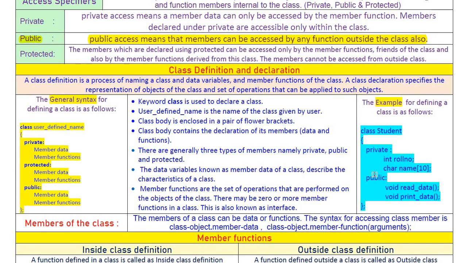So here in the example, in this class, this is the public specifier. It means this void read data, void print data, these functions can be used by anyone, anybody can use this. Private means nobody can use, only the owner of this variable, the student class, can use. Public means anybody can use, anybody can share these functions and variables like this. Then